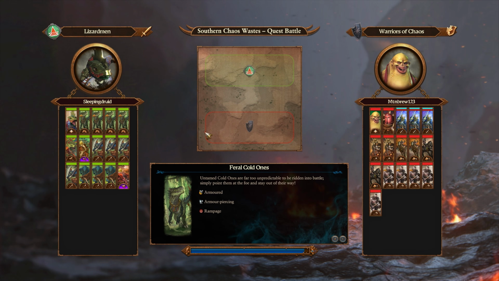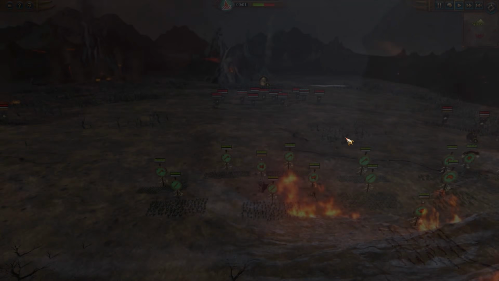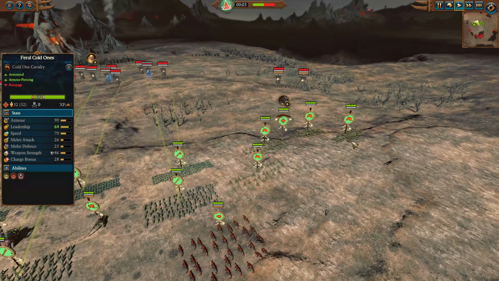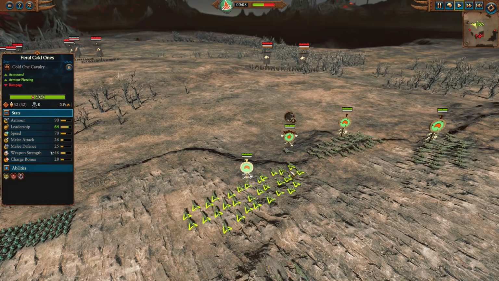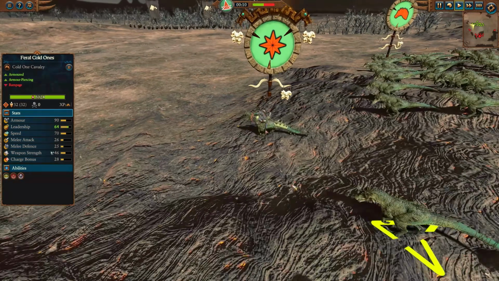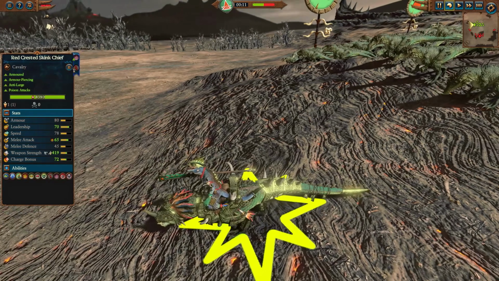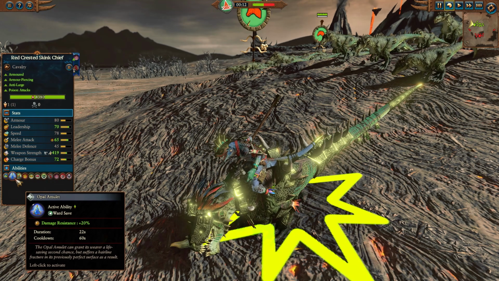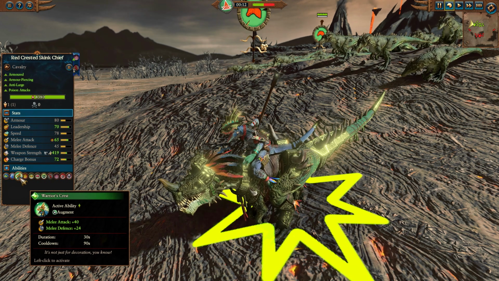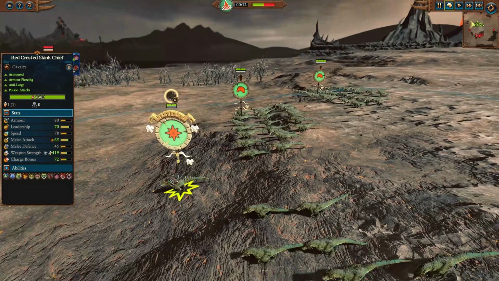Alright, so I've got a land battle replay here featuring the Warriors of Chaos versus Lizardmen. The idea with my Lizardmen army is to use these feral cold ones, which are quite good for their cost. They deal a lot of damage. The thing is that they rampage, so I wanted to keep them in kind of a posse with this red-crested Skink Chief on his horned one, and use Focus Instincts to stop them rampaging, because that's an AoE ability that